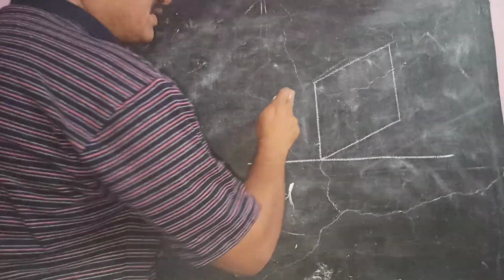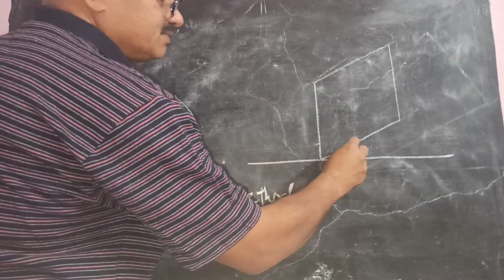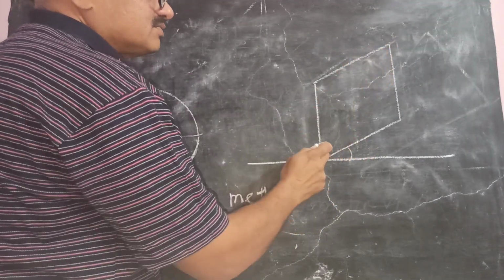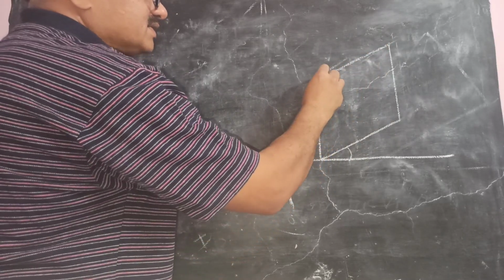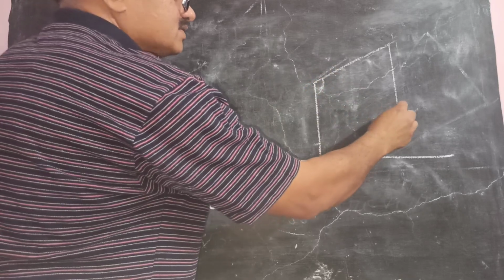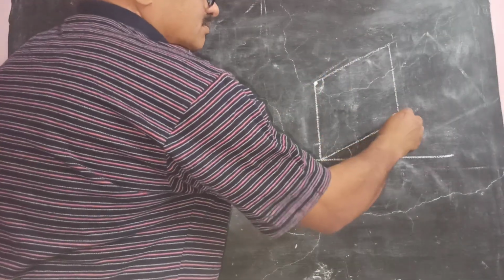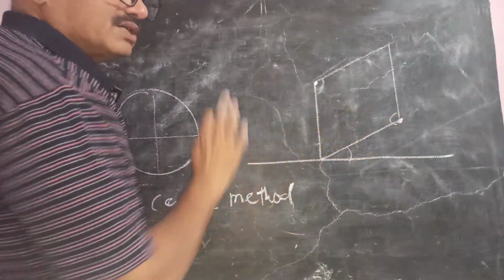Then find out the two angles which are having 120 degrees. So if this is 30, this will be 60. These opposite angles, since the lines are parallel to each other, will be of 60. Naturally, this angle will be of 120 and this also will be of 120. So you can find out very easily by just having a look at this, the angles which are having 120 degrees.